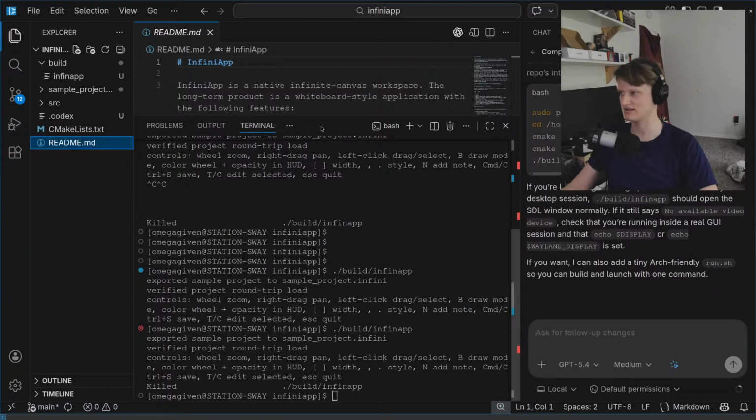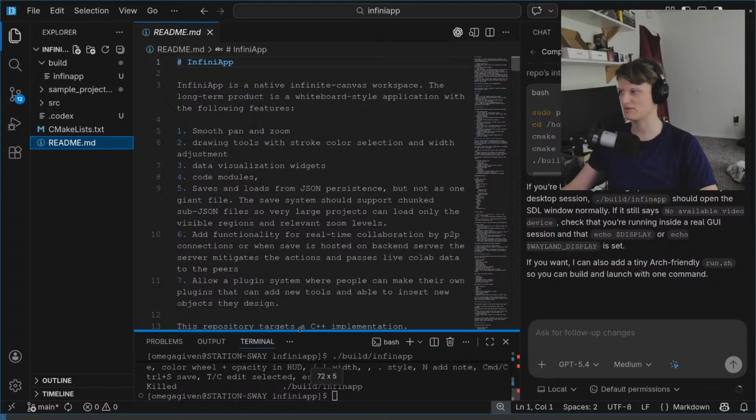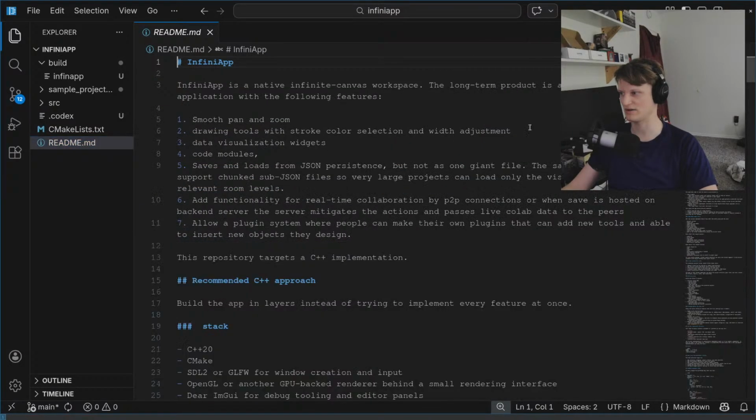So I think here let's work on this README a bit, and let's try to get this thing pretty well rounded for what we want to make it. So Infinity App is a native blah blah blah, and the long-term product is a whiteboard style application with the following features: smooth pan, zoom,